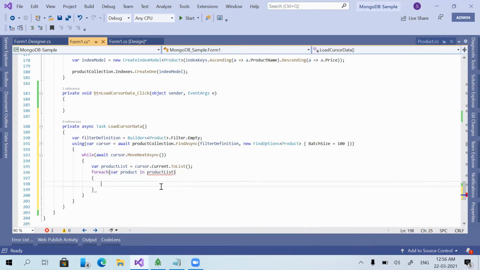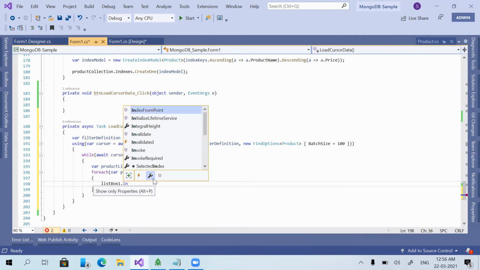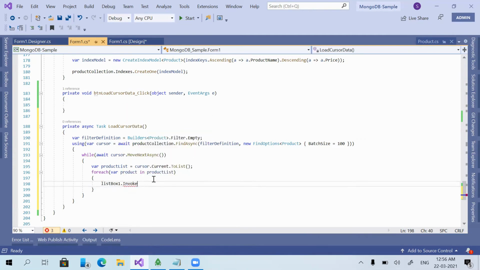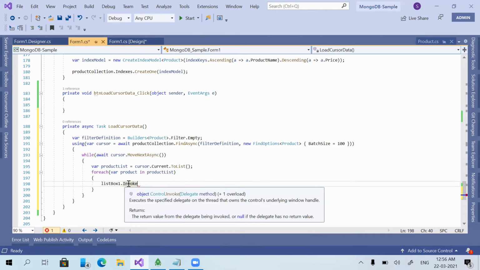Product list, then list box. Now we need to add items to the list box. As this is an asynchronous method, it will be running in a different thread. So I just need to use listbox.invoke. Why? Because this won't be running in the UI thread. If we just give listbox.items.add, it will throw an error.